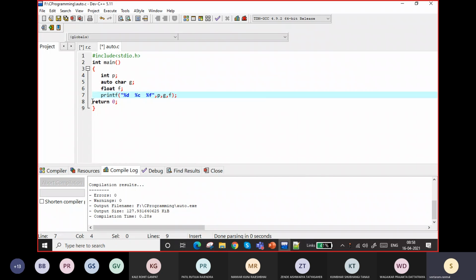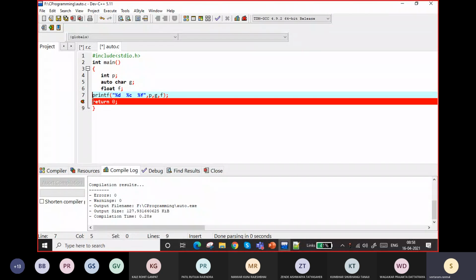Maybe PowerPoint gives some other character inside it, and that's why there was a problem. Okay, now it works properly.